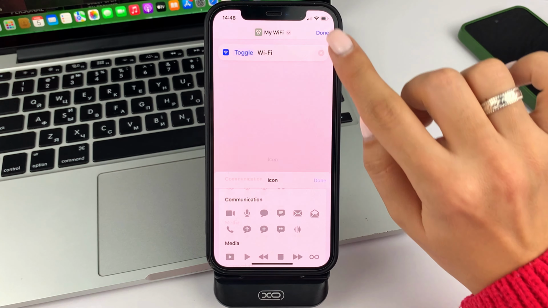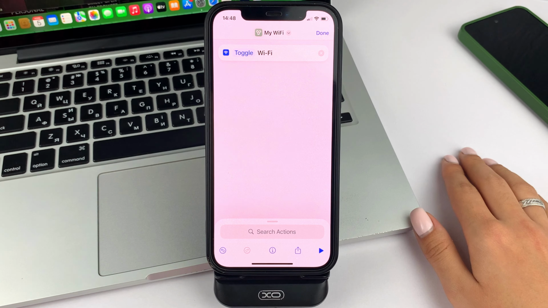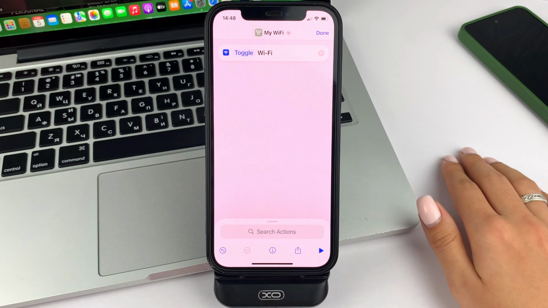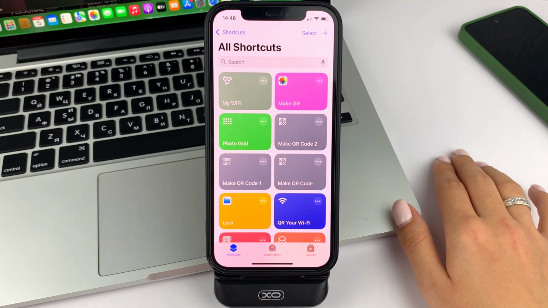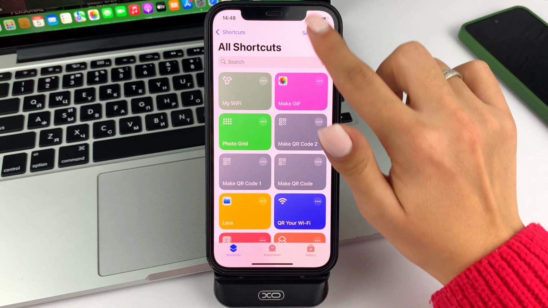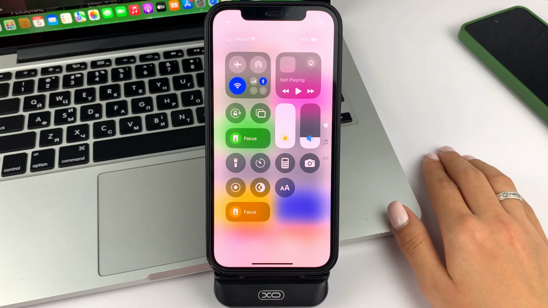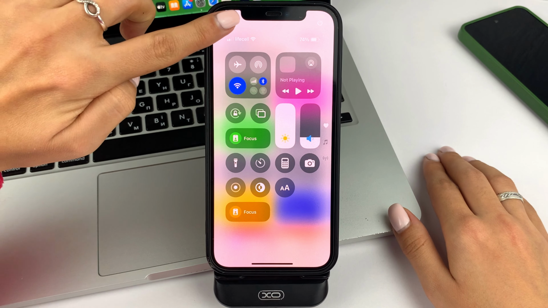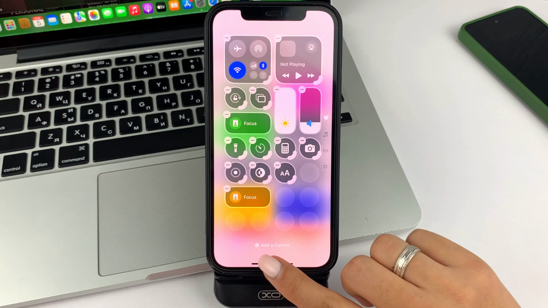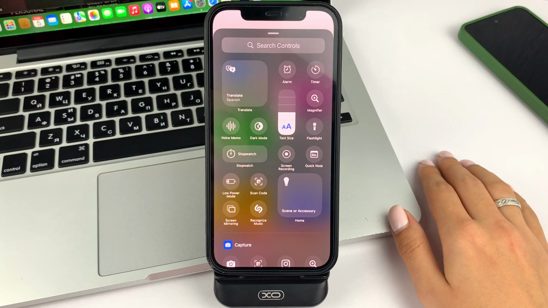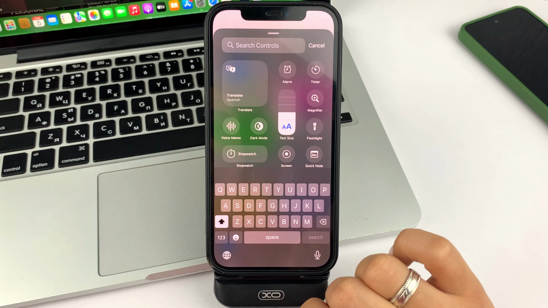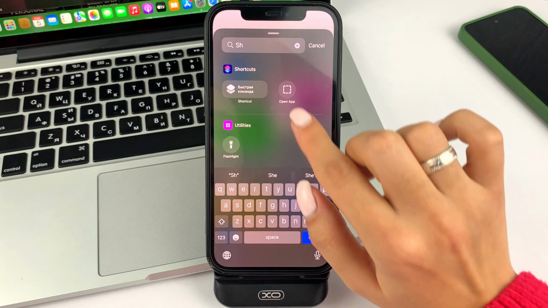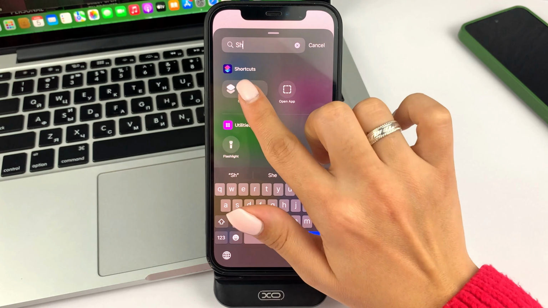And so once you've customized the look of your future Wi-Fi shortcut, now you'll need to save it. To do this, click on Done at the top. Next, swipe from the right side of the screen from top to bottom. Now on the left side at the top, tap on plus. Next at the bottom, add. Now in the search box, type in the word shortcut. And you'll need to click right here into Shortcut Quick Commands.